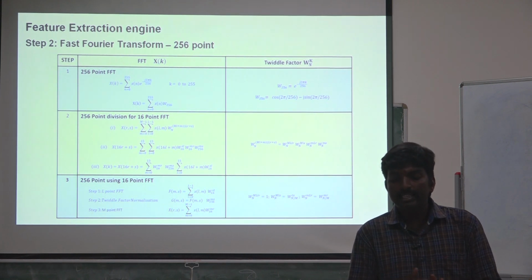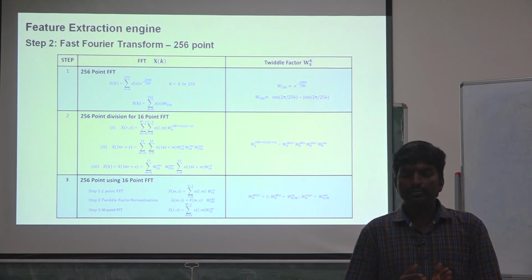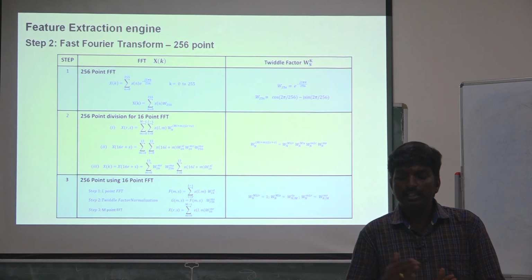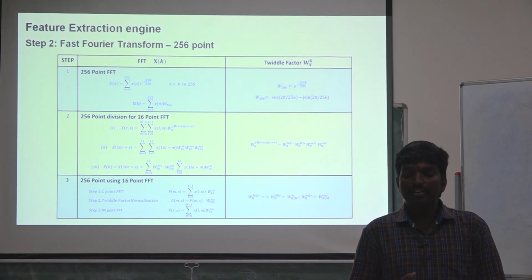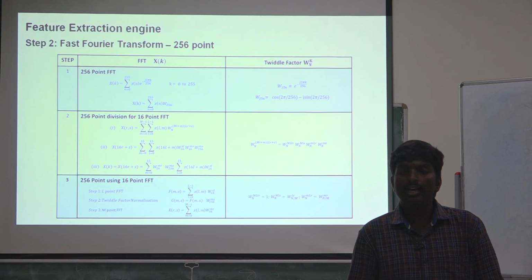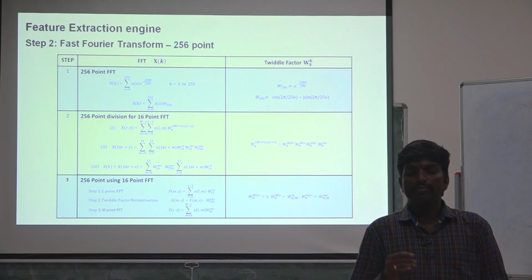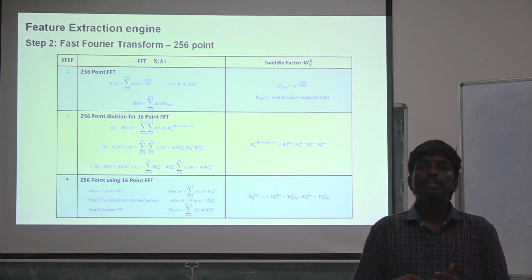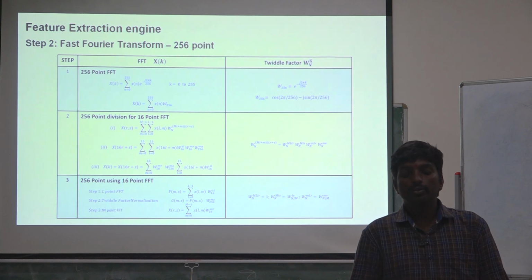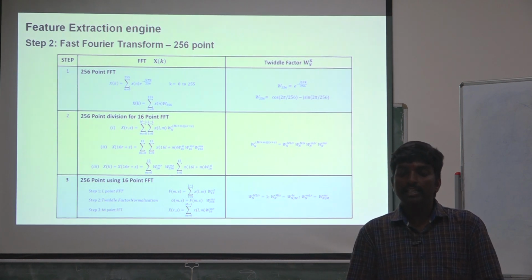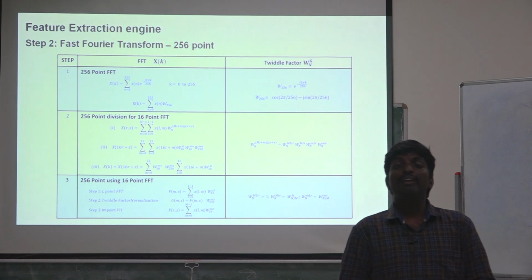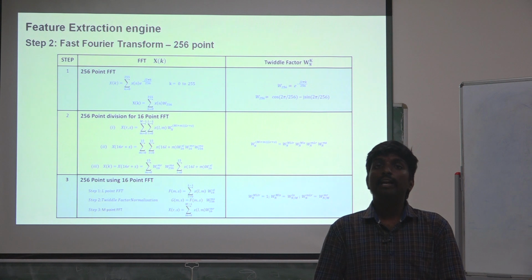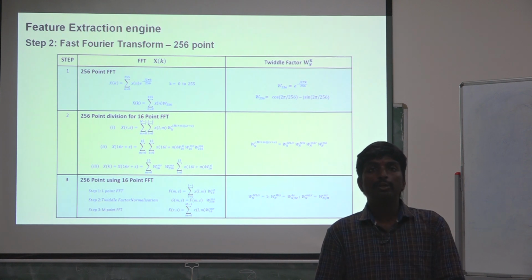For this, x of 0, then x of 16, x of 32, x of 48, which are multiples of 16. We get 16 samples for the first FFT subframe. For this subframe, we need the sample numbers 0, 16, 32, 48. Again, in case you are doing an FFT with the butterfly structure, we need to analyze again which samples we need to read.